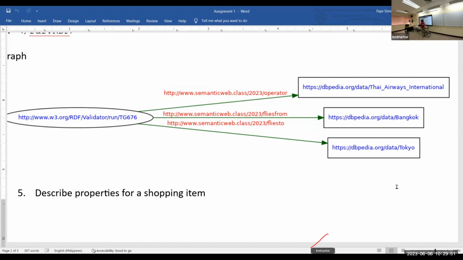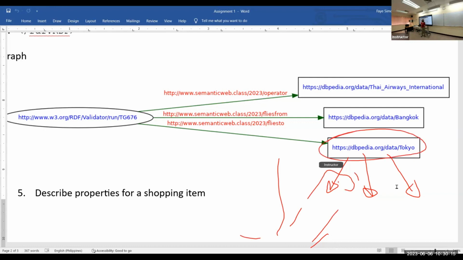Because with a literal, you cannot further describe. When it is a resource, it's an object. It can have further predicates. We want to make a connected graph. When it is a literal, this is terminal, the end. But when we make it a resource,